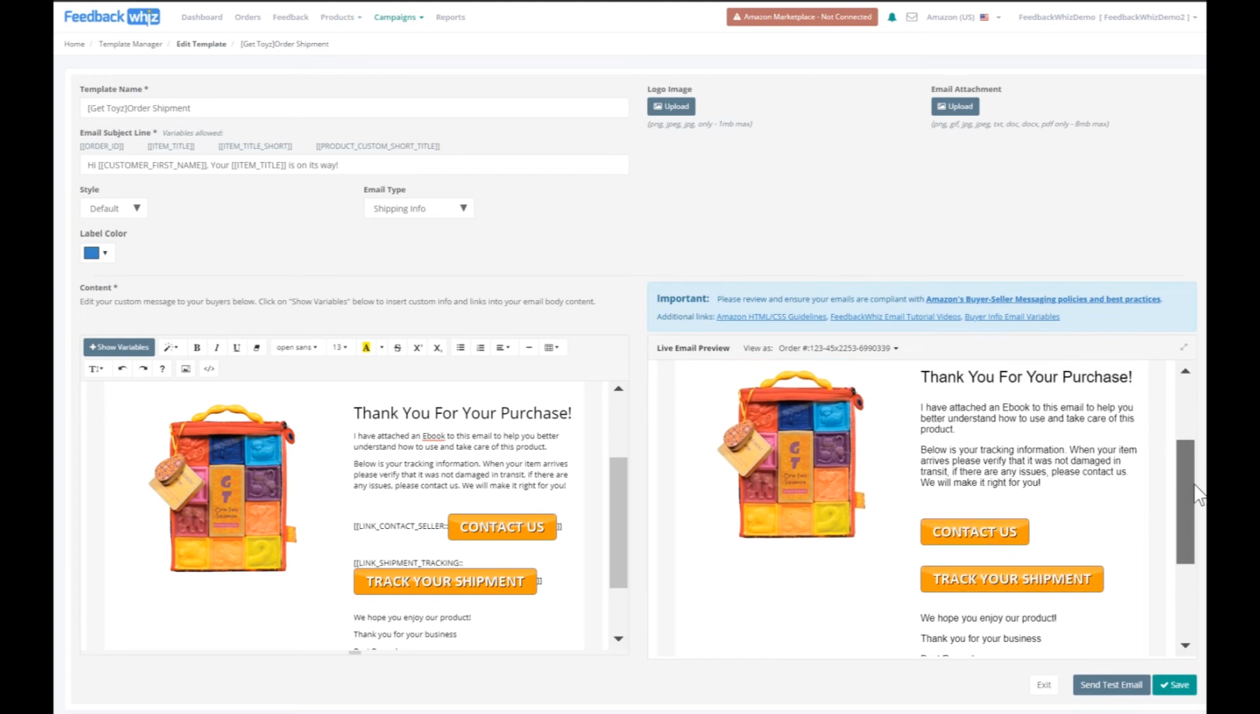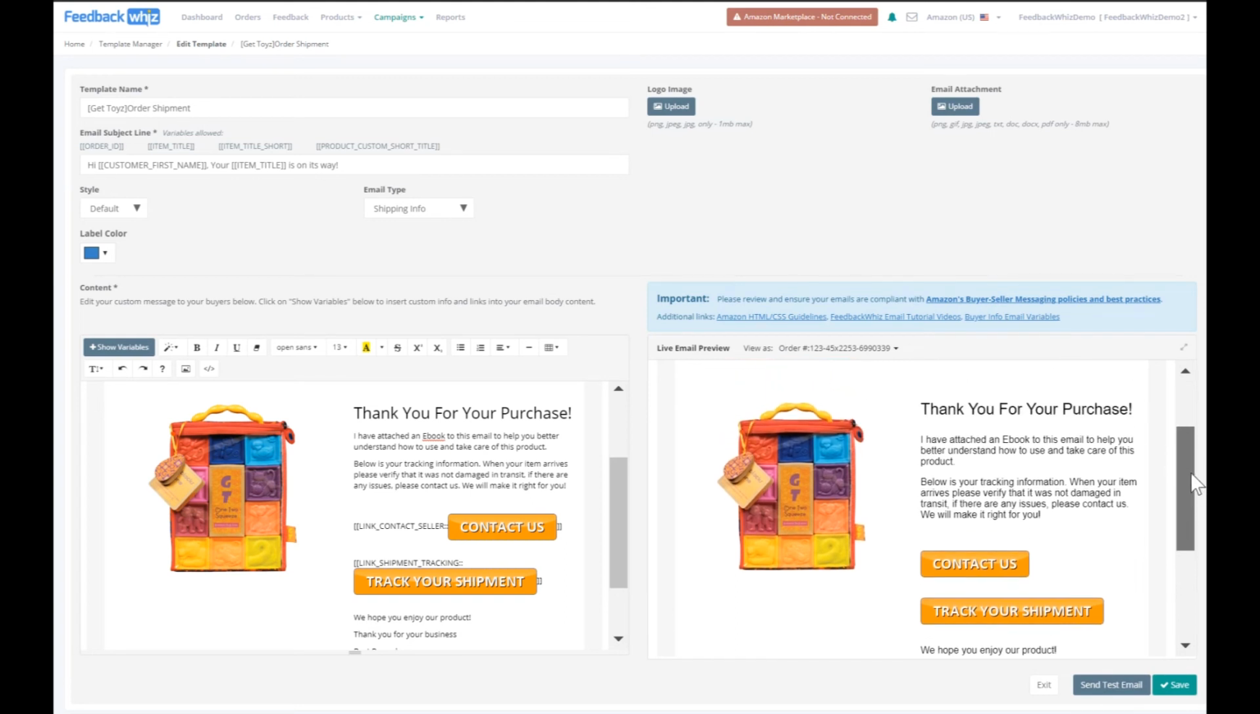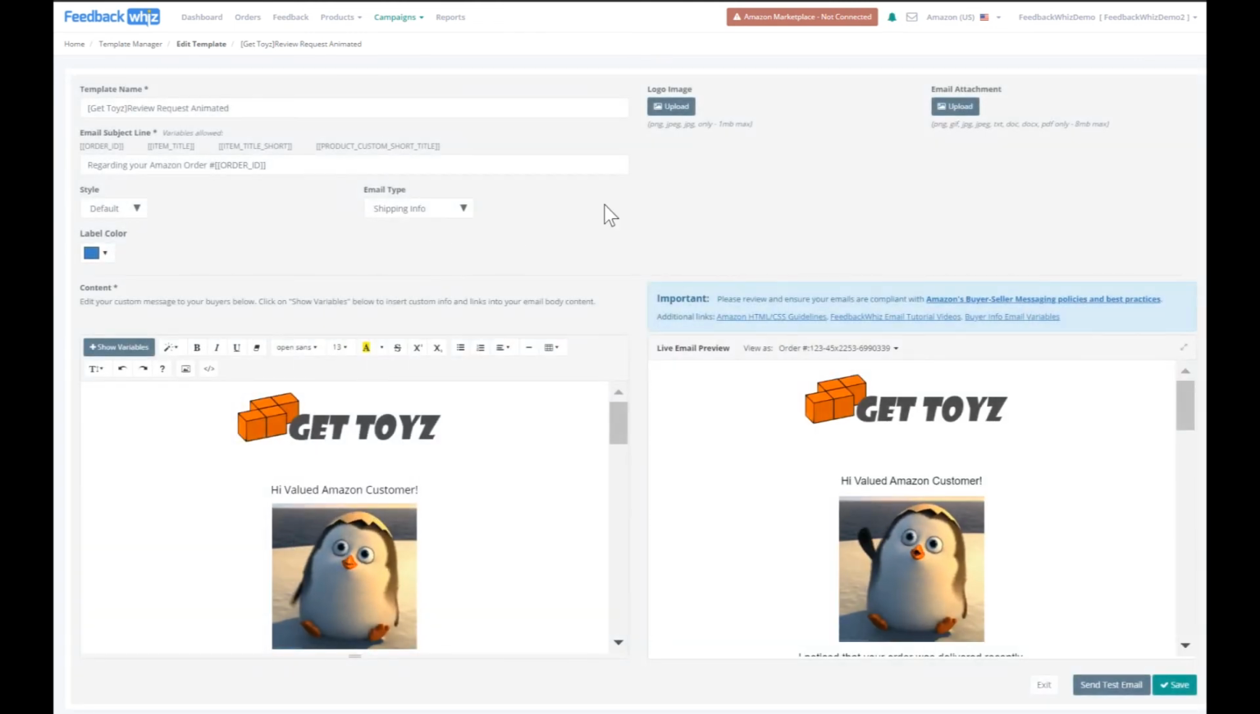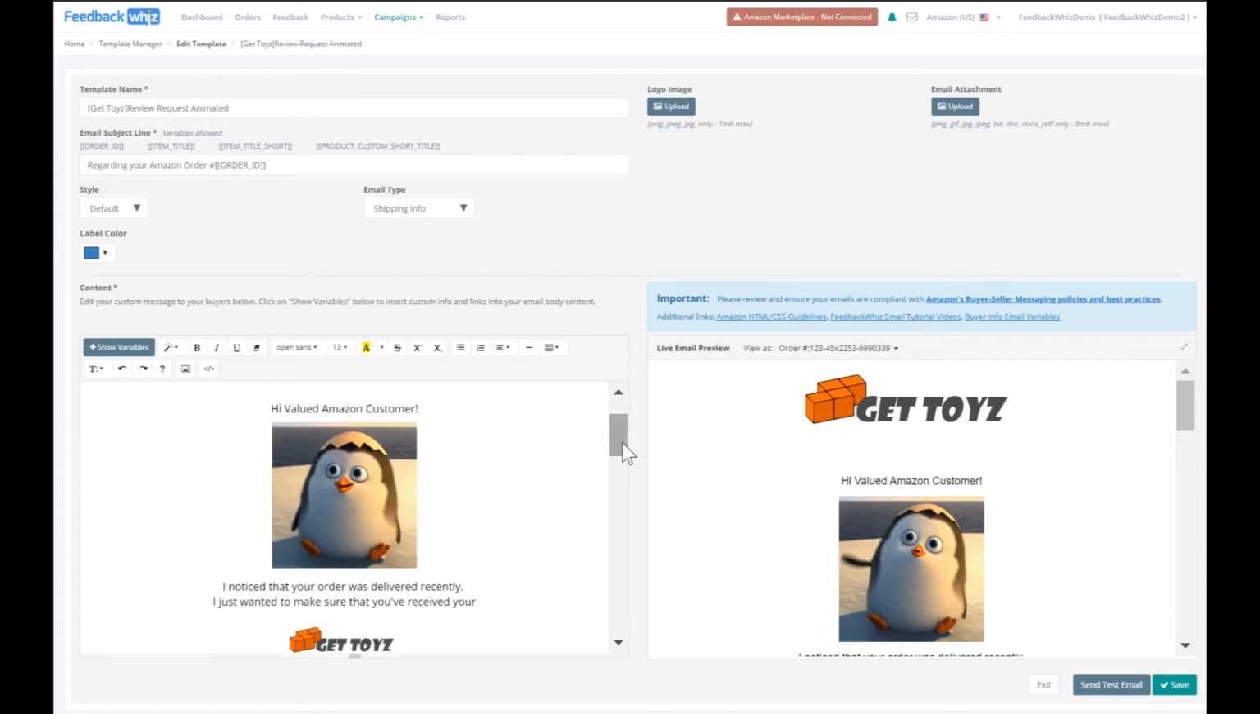And then the second template I've created is a more special template. This one is to ask for reviews. In this template, you can see I actually put in some animated GIFs. You may ask how you actually put a GIF inside. It's very simple. You can just go to a website like Giphy.com, and all you have to do is search